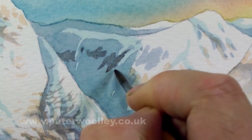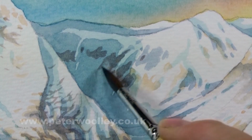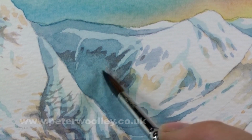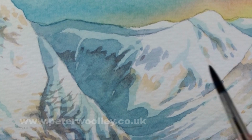This is the point where the composition can be refined, giving extra prominence to elements that require it, or knocking back what I would consider to be secondary or less important elements. Essentially, it's all a bit of a balancing act,